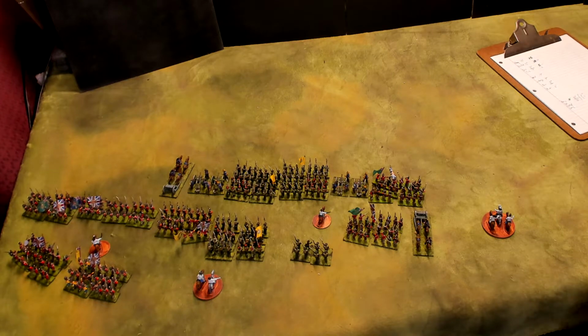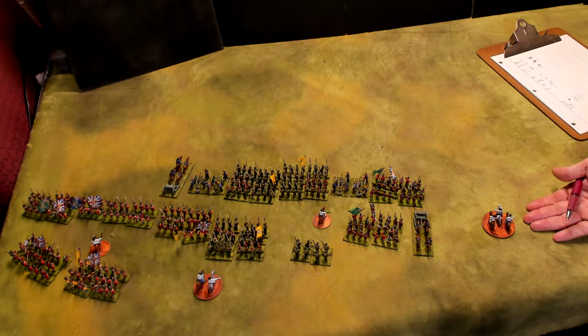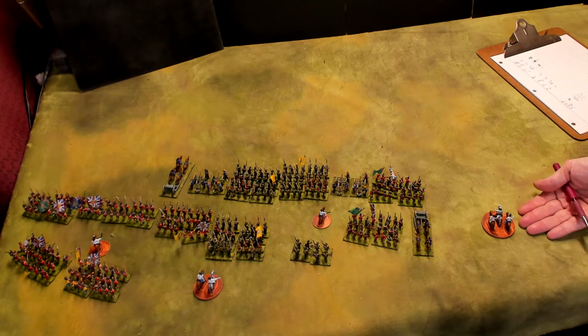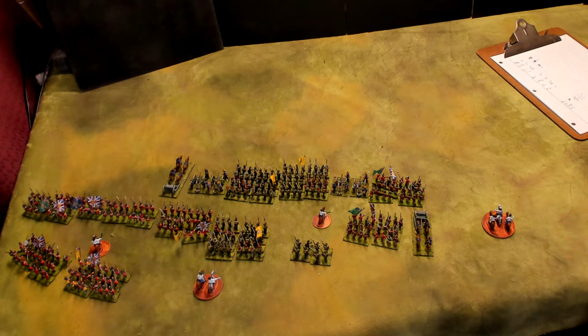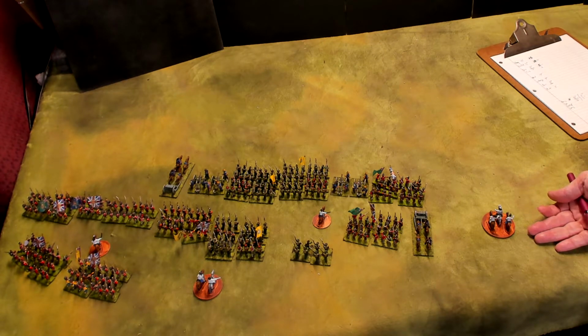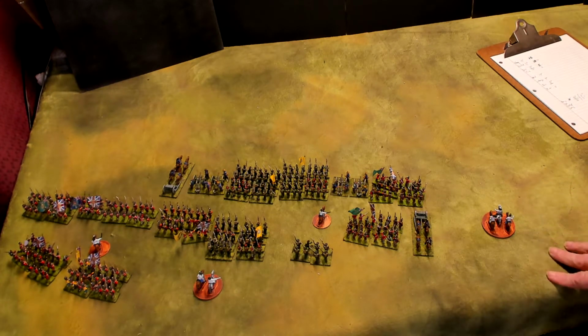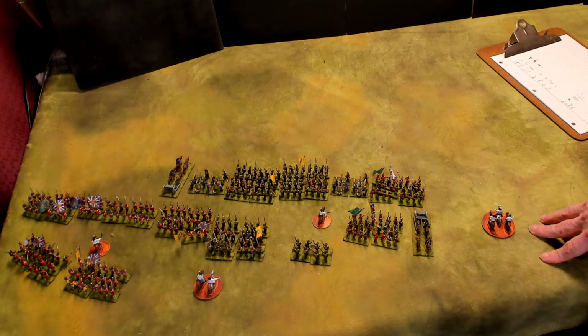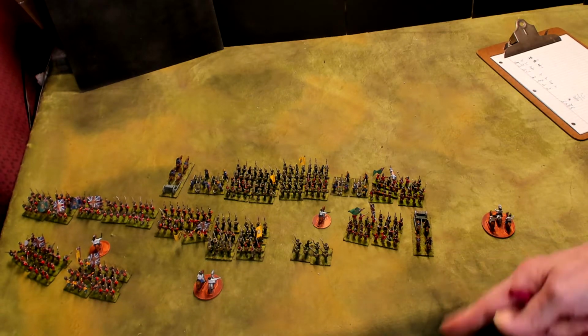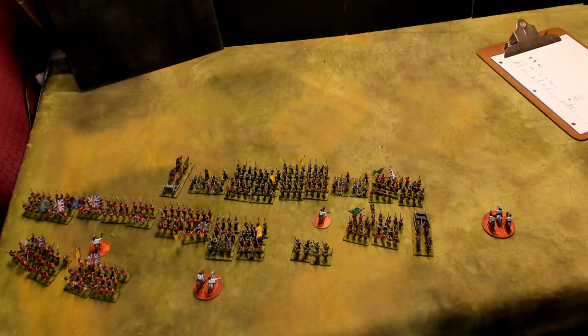I think that's incorrect. Yes, I understand he's not a good general. Maybe he loses something in translation. Because he's a young boy, right? And he doesn't have a lot of battlefield experience. I get that, but that should not affect his command range, because the people he sends, his messengers,